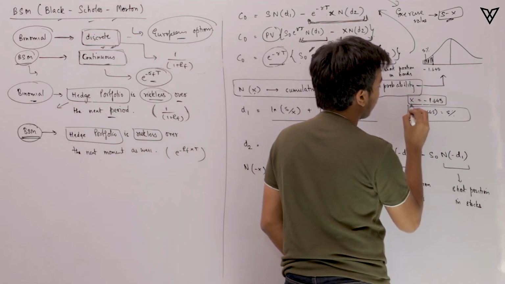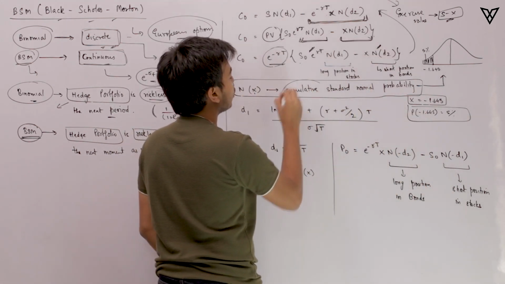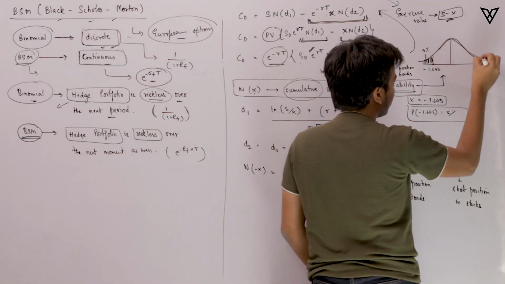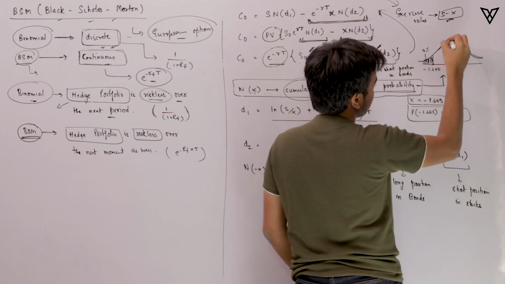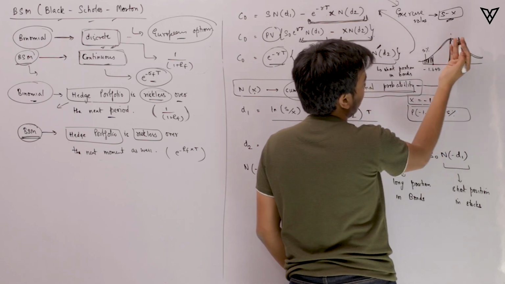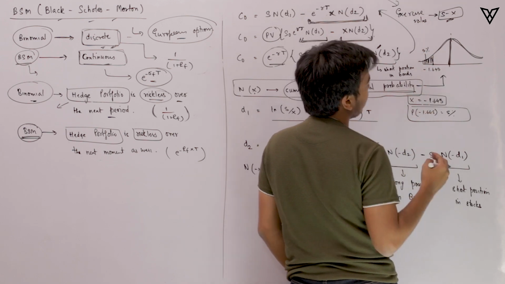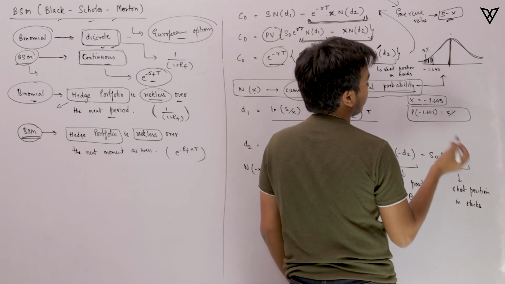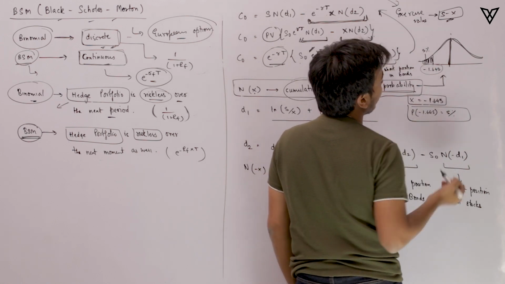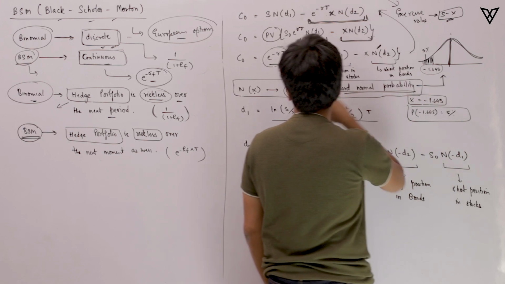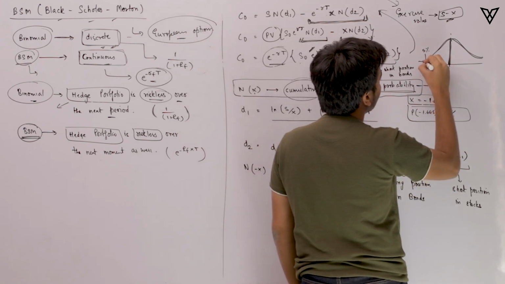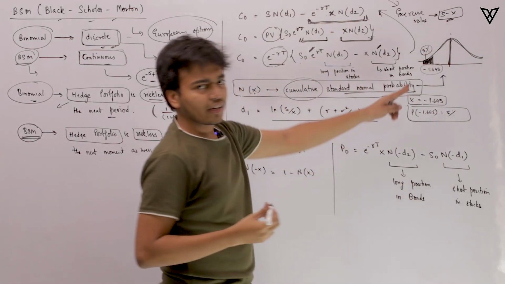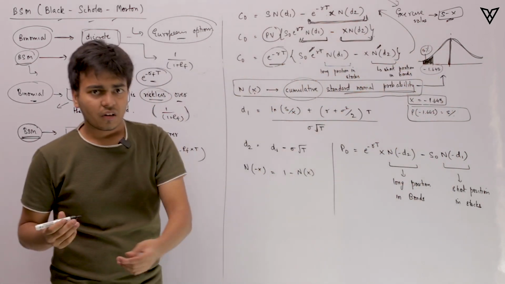And once you have this, what you need to do is figure out the cumulative standard normal probability, for which you can use a normal distribution. In a normal distribution, you know that this is the symmetry point, and before this line you have 50% of the distribution, and after this line you have another 50%. So at minus 1.645, which is the value of x, or the value inside the bracket, you will get the standard normal distribution to be at 5%. Alright, you will get the value here as 5%. So that is the probability.